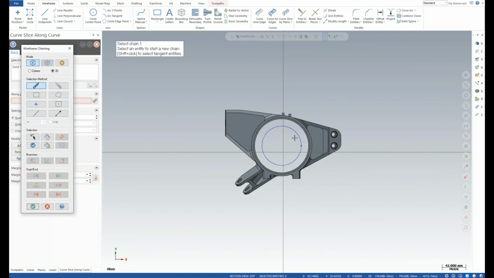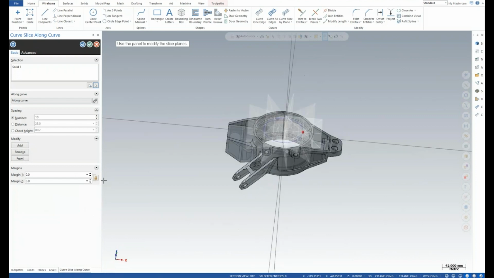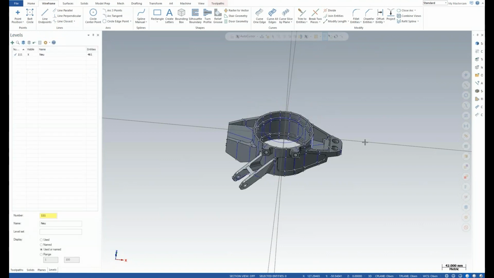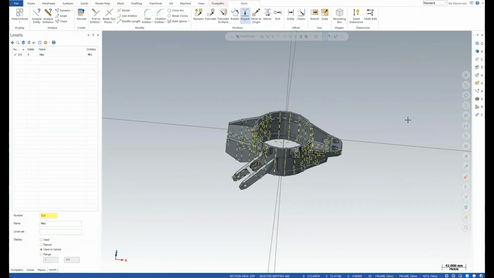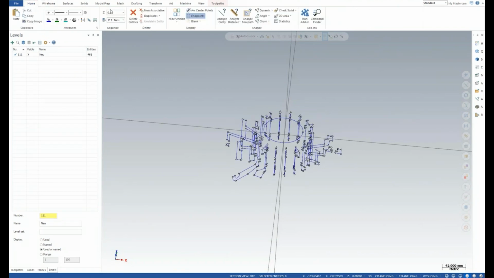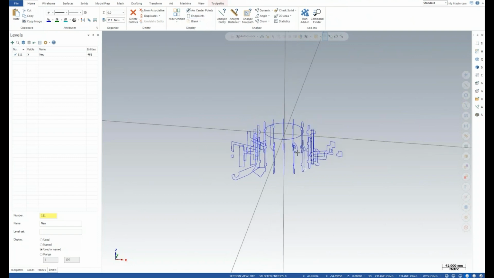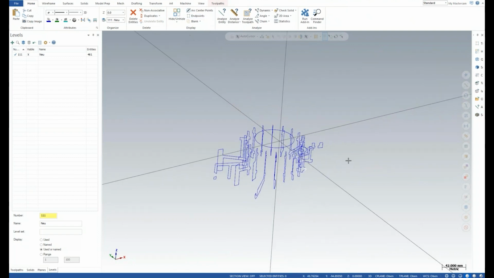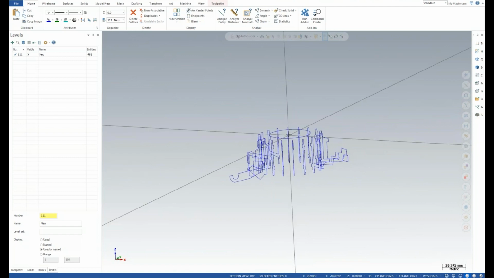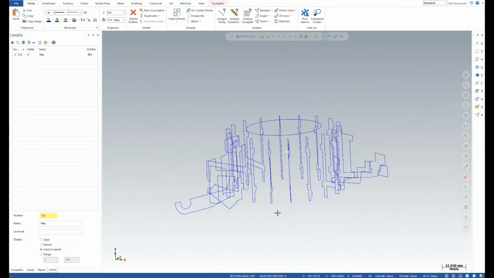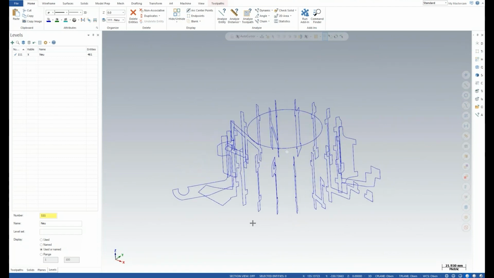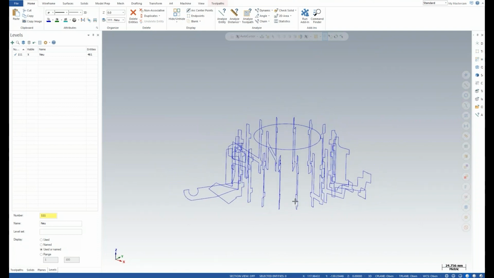Now here's our curve. So we'll get slices along there. And we'll grab all of our wireframe, Alt-E, and turn off those endpoints. So that slice along a curve really gives you a lot of flexibility in terms of what your results might be and what you're looking for. That was just another example I remembered.